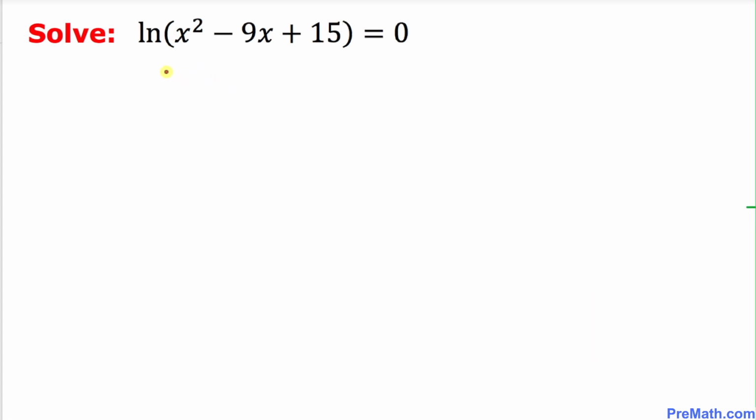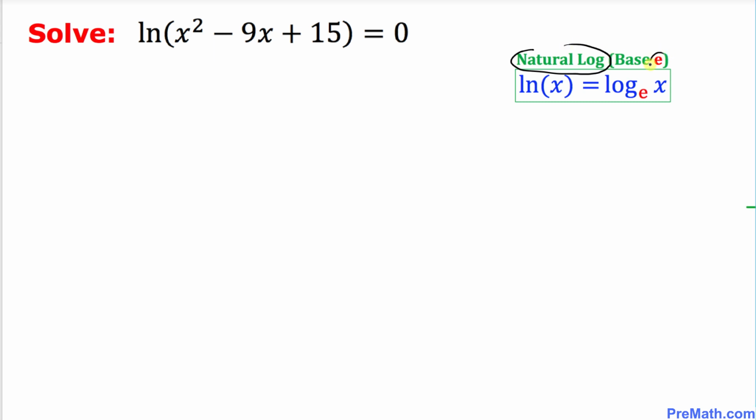And here is our final example. We are going to solve this natural log of x squared minus 9x plus 15 equal to 0. Once again, ln means natural log. And natural log has a base e, always base e. And natural log of x could be written as log of x with the base e. And the value of e is always approximately equal to